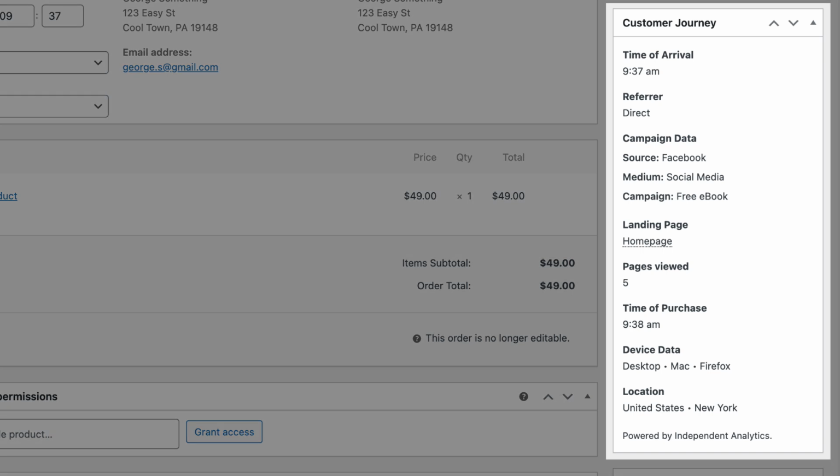Lastly, if you're using WooCommerce, you'll find that the Order Referrer box has been renamed to Customer Journey, and it includes a lot more information. Instead of only displaying the referrer and the campaign data, it now also shows you the time the customer arrived on your website, the landing page, the number of pages they viewed, the time of their purchase, their device data,